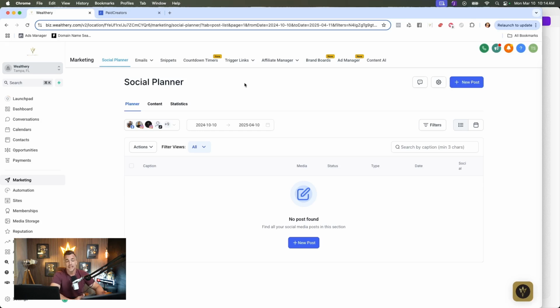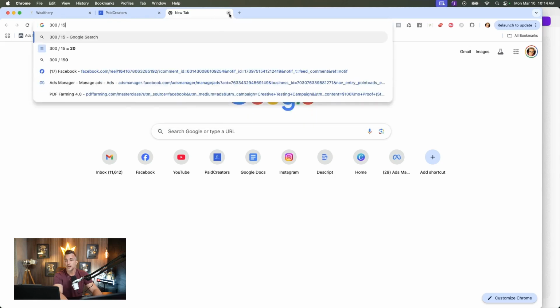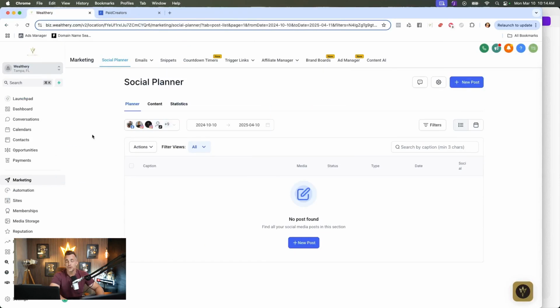And, again, if you're making $15 a sale, let's just do the breakdown here. I think it's pretty easy math. If you get one affiliate to refer 20 people a month to you, they're paying for your software fee. It's pretty incredible. And all the other features that you get to take advantage of are all included,